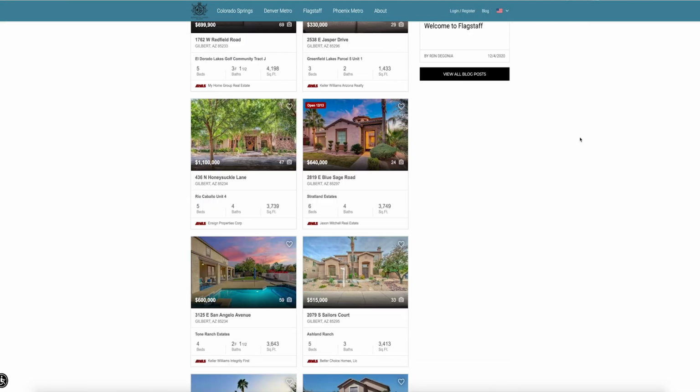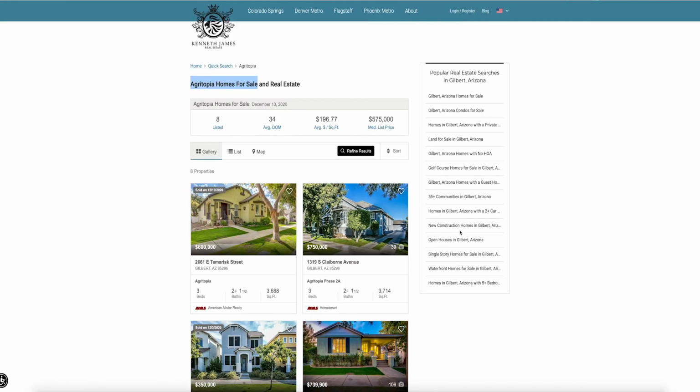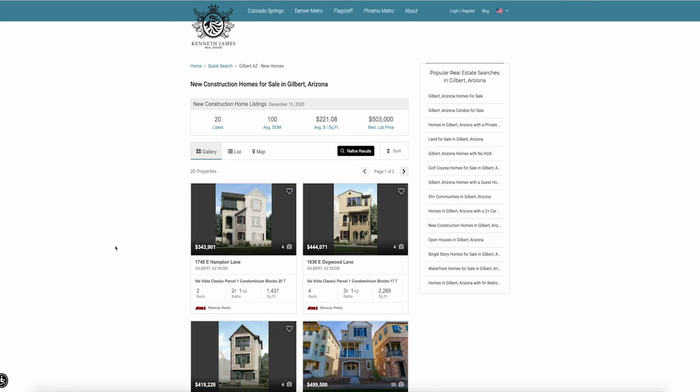Number one, it's gonna give Google Analytics a lot of information about your website. It's gonna start crawling it more frequently as your content changes. You get pushed up in the rankings pretty quick when you have good, fresh content. And so it's very, very important to understand that. Google loves site structure and things are organized very, very well. And so if you've got a lot of content here that is relating to Gilbert, Arizona, like new construction homes in Gilbert, and people can click on that, and it's very, very mobile friendly,